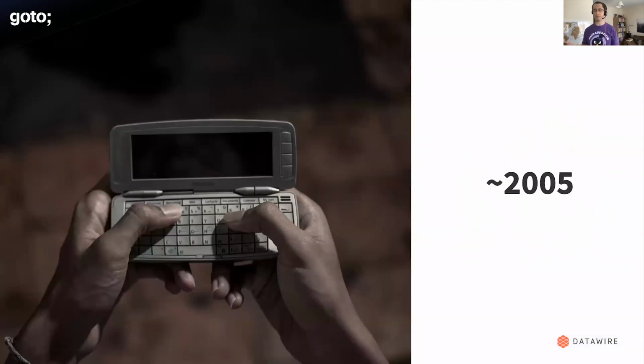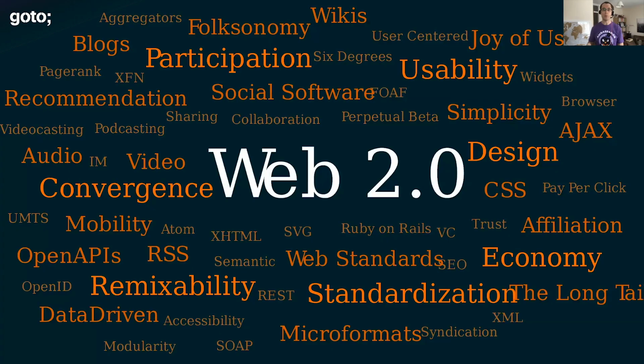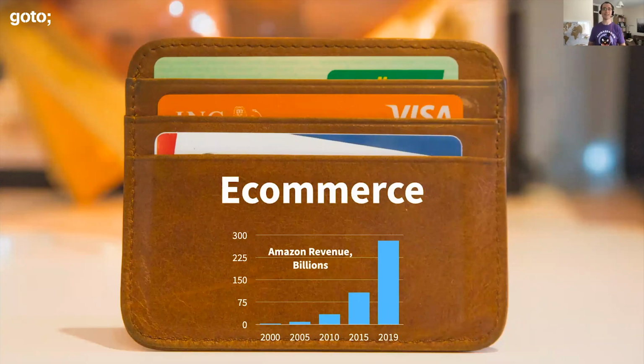2005, this is when my career really started kicking off. I'd left university, sort of working my first proper gigs for the UK government and other places. We were doing a lot of what's now, slightly funnily, called Web 2.0. This was a big deal back in 2005, right? I was doing a lot of work in e-commerce.